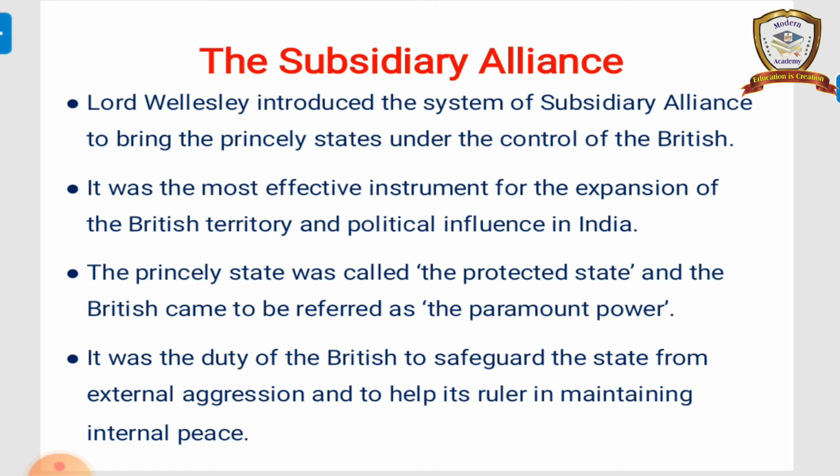Subsidiary alliance. Lord Wellesley introduced the system of subsidiary alliance to bring the princely states under the control of the British. It was the most effective instrument for the expansion of British territory and political influence in India. A princely state was called a protected state and the British came to be referred to as the paramount power. It was the duty of the British to safeguard the state from external aggression and to help its ruler in